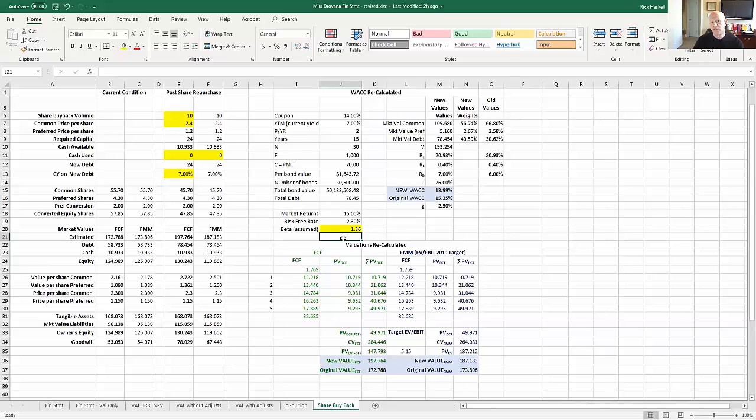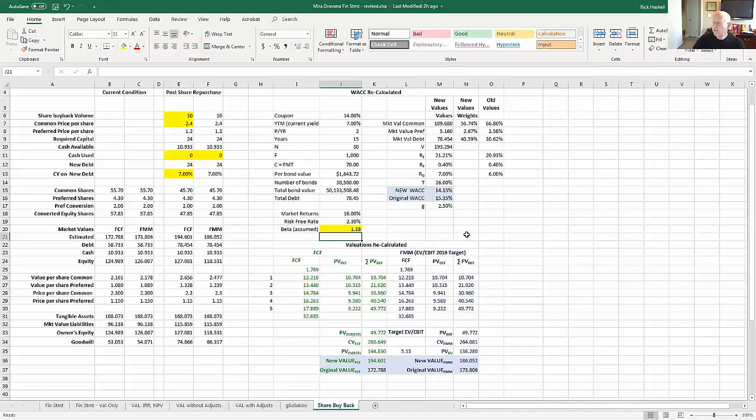And I'll tell you that a small change in volatility is a big deal, not only to the markets, but also to the value of WACC. So take a look over here. Remember that right now, the new WACC is 13.99. As I move this from 1.36 beta, which is right off the original conditions, to 1.38, I go from 13.99% WACC to 14.15. So that's a 0.16 move in our WACC.